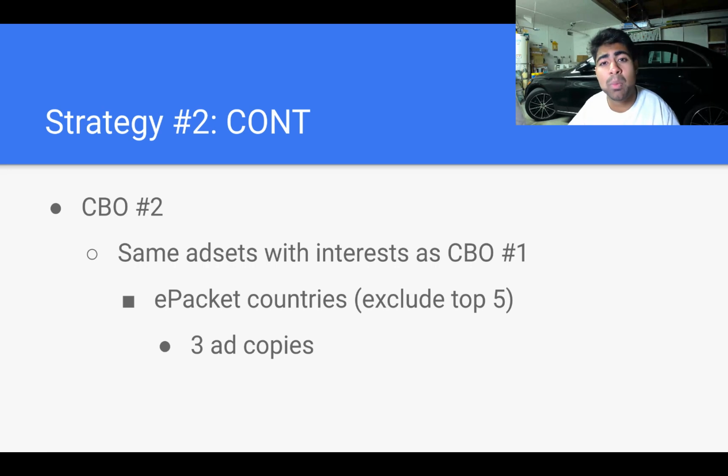And as for the budget, we're going to apply the same strategy as before, $5 to $10 per ad set, meaning in total you would still be spending about $30 to $50 per CBO, and you would have 3 ad copies per ad set. So the difference between strategy number 1 and strategy number 2 is that we're kind of testing these countries differently,